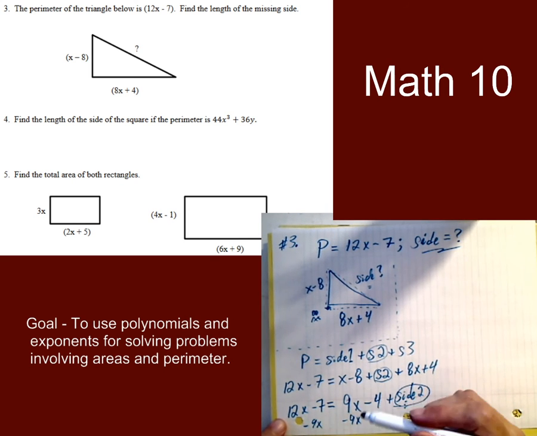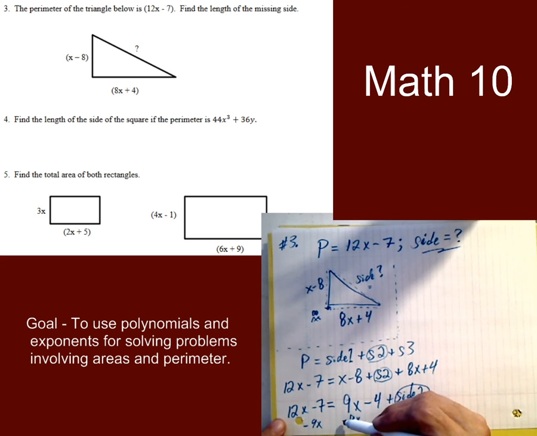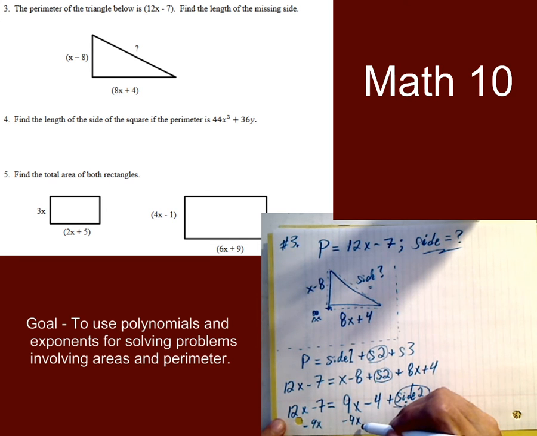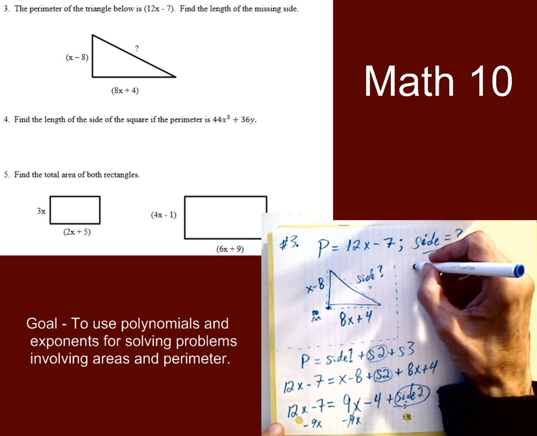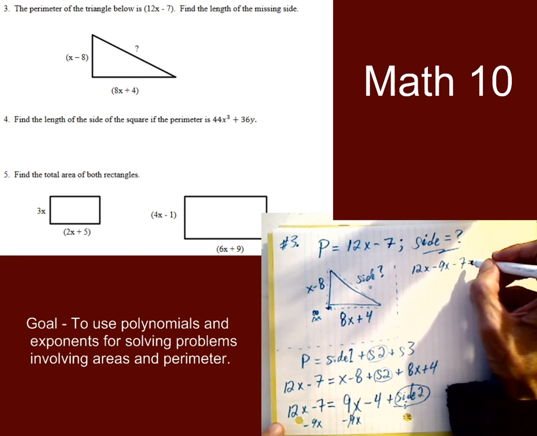That's how equations work. To keep them equal, what you do to one side, you always do to the other. Now notice, because I've chosen the same number of 9, and because this is positive, this is negative, you actually have 9x minus 9x. Okay, it's like 9 bananas. Take away 9 bananas. How many bananas are left? None. They're gone. Okay, so it's gone from this side. And now on the left side, and I'll go up here, we have 12x minus 9x minus 7 is equal to